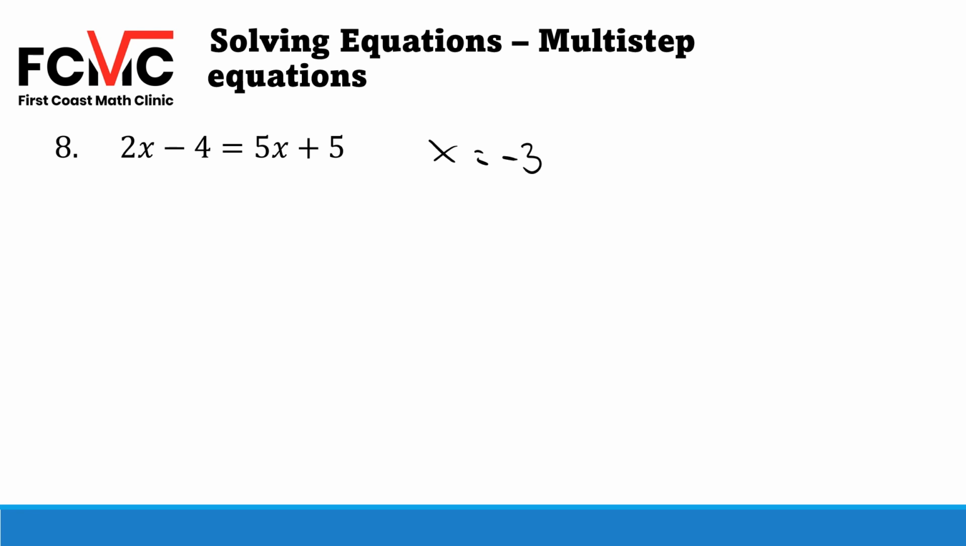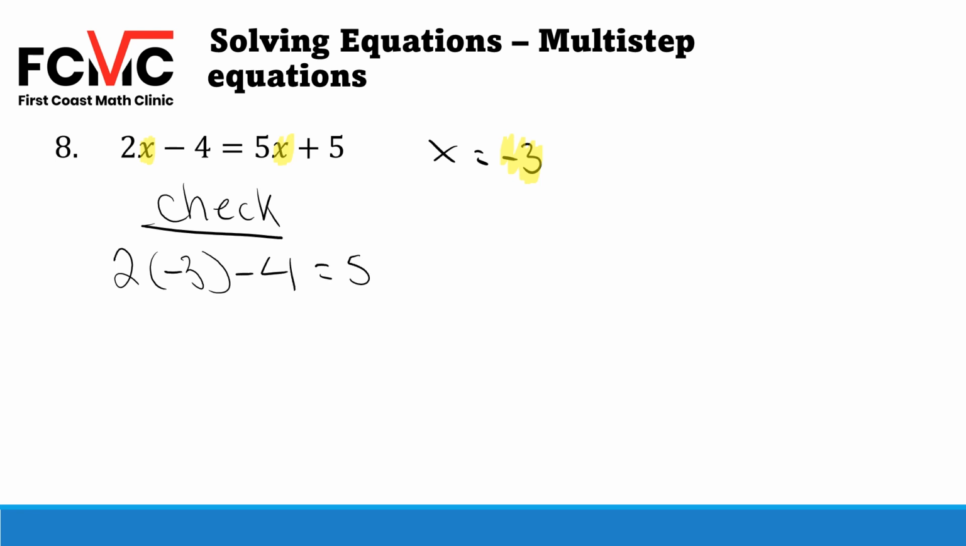So let's do our check for number 8. For number 8, our solution was x equals negative 3, our original equation 2x minus 4 equals 5x plus 5. So what is our check going to look like for this? When we're checking our equation, we take our solution, that negative 3, and put it back into our original equation, back into the variables. So I'm going to take that negative 3 and put it back in for x. So I'm going to have 2 times negative 3 minus 4 equals 5 times negative 3